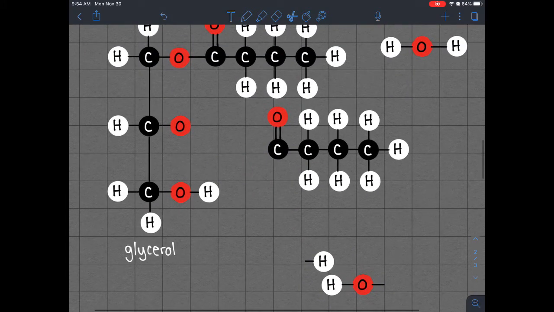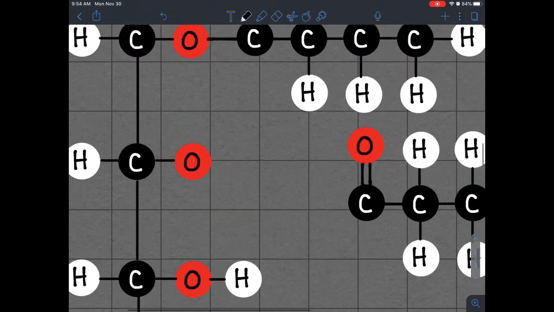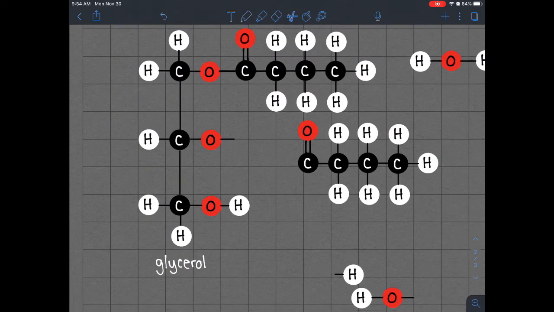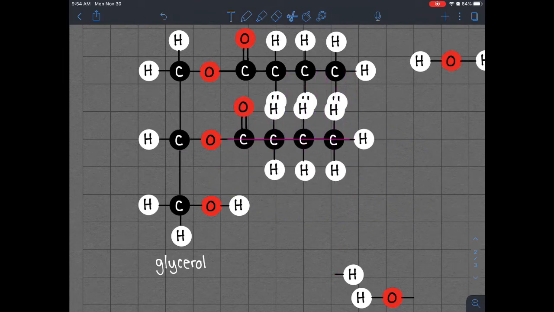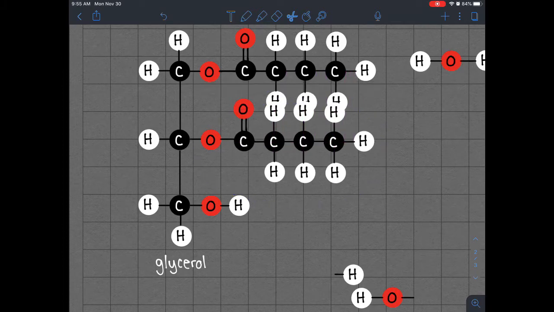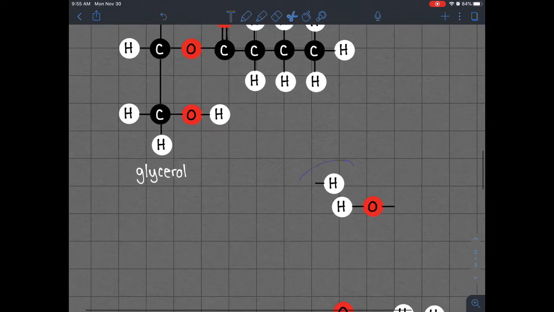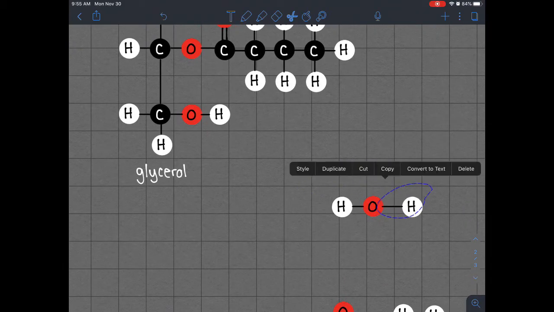Now I'll sneak it down there. And again, the oxygen is going to need to bond with the carbon from the fatty acid. So sneak that over into here. And again, we've got some overlap, and I'm going to just be okay with that at this point. And then the water is going to form off of that. So then we get